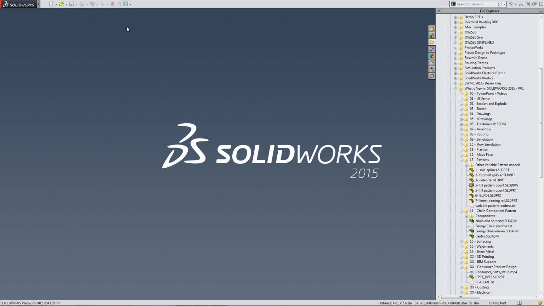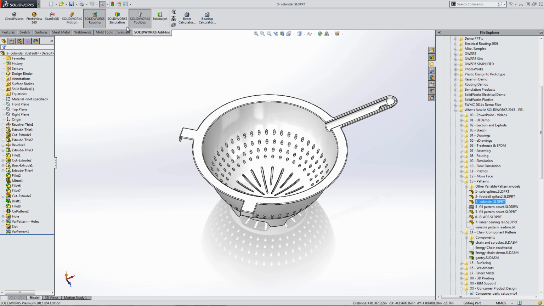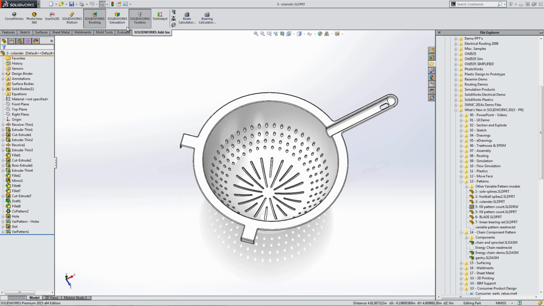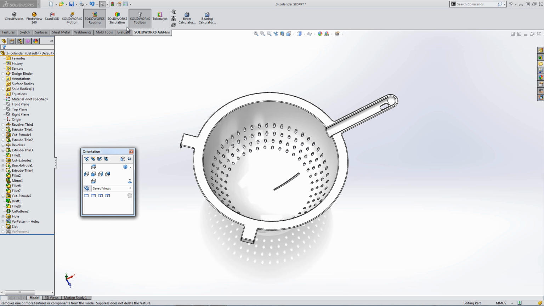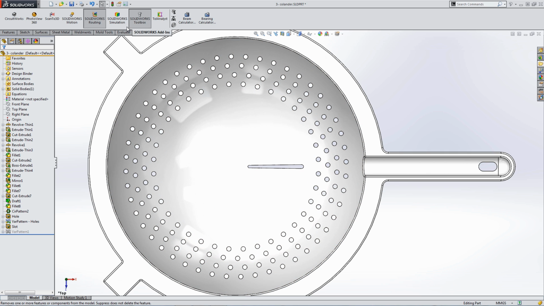Okay. Now, another great example of the SOLIDWORKS innovation and functionality that they add with each release is this colander. You can see this pattern here. You would have to create it with at least two separate features in the past and then pattern them individually. Well, in 2015 you can do that all in one pattern called a variable pattern. So if I just look straight down onto this part and create a variable pattern,